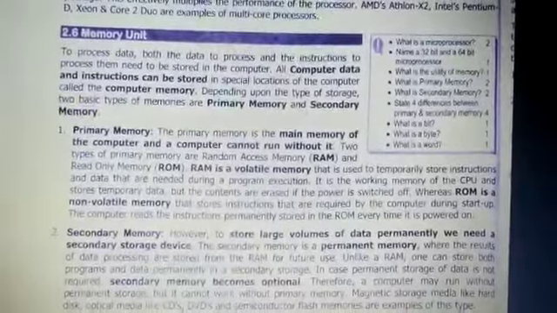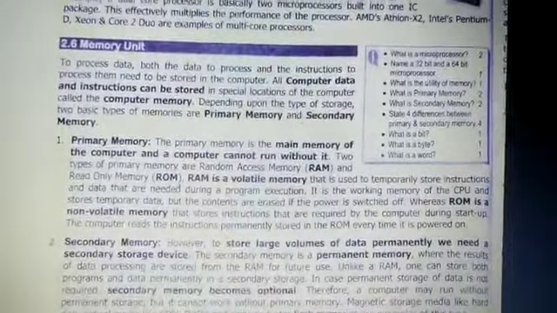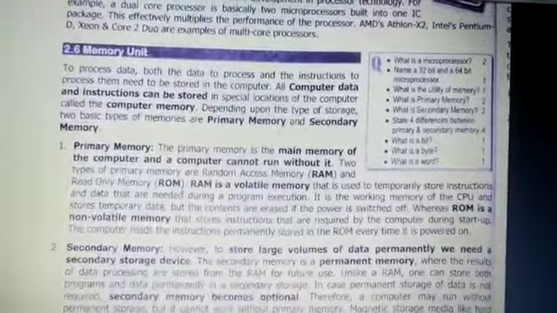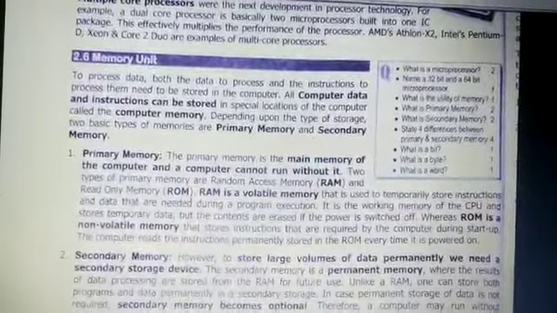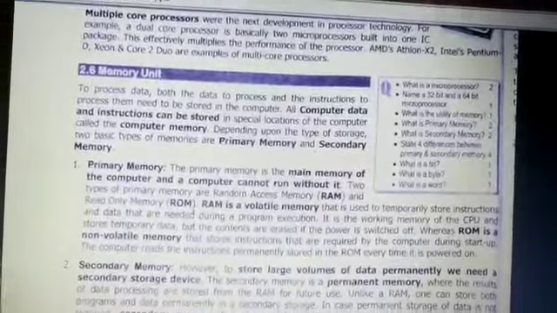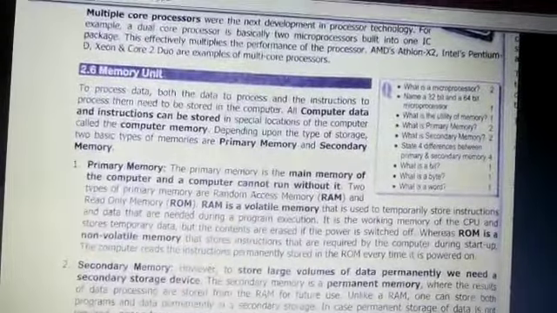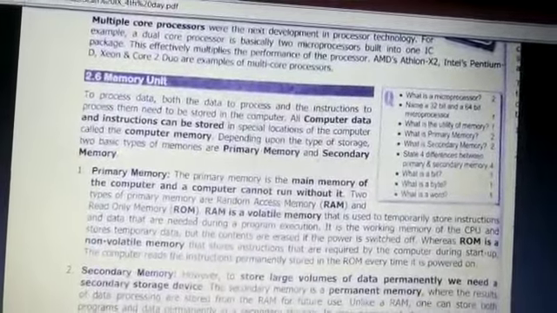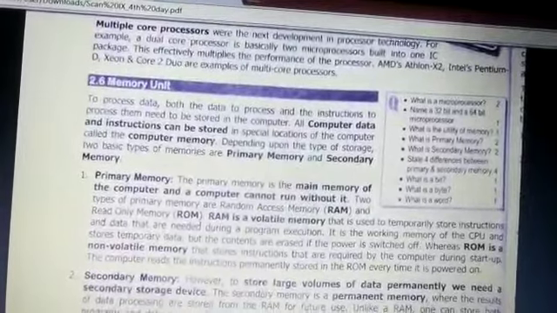Suppose I have given the instruction to add number 15 and number 30. So the numbers 15 and 30 are the data, and the instruction we are giving is to add these two numbers. For the execution of this instruction, both the data and the instruction need to be stored somewhere